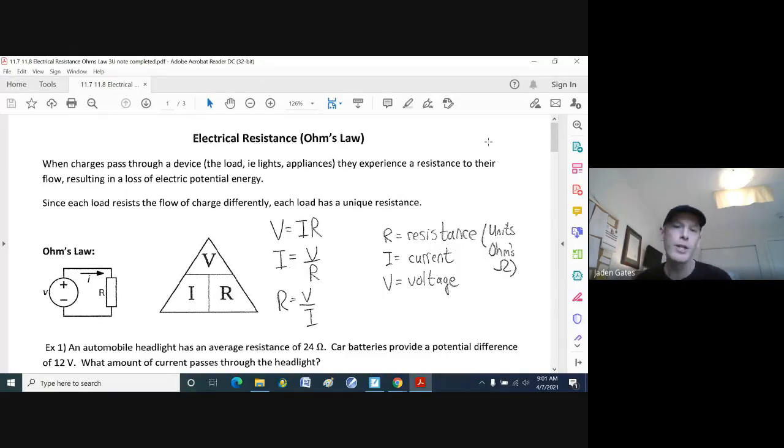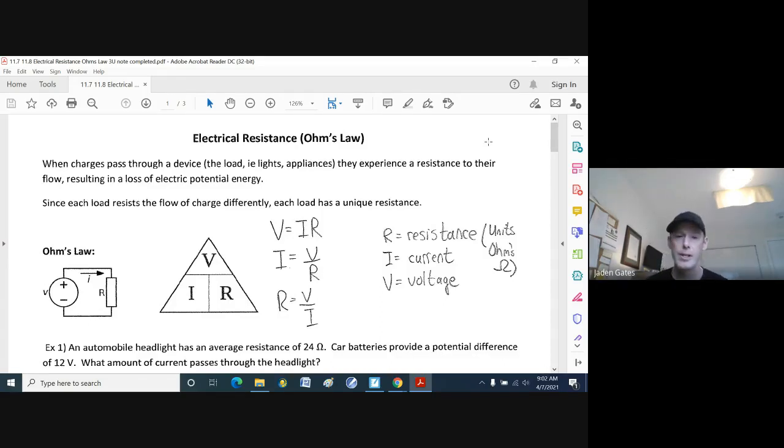Right, so we're continuing on with electricity, and we're going to look at something called electrical resistance, and the formula developed by a gentleman whose last name is Ohm. So we have Ohm's law. When charges pass through a device, load, lights, appliances, they experience a resistance to their flow, resulting in a loss of electrical potential energy. And since each load, device, if you will, resists the flow of charge differently, each load has what's called a